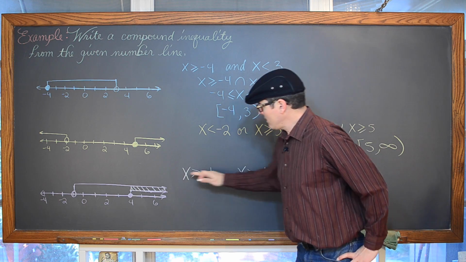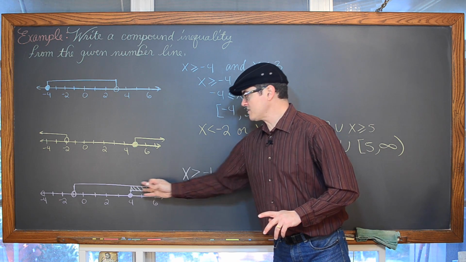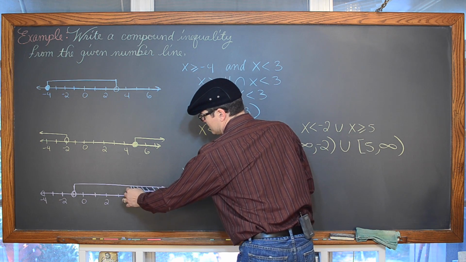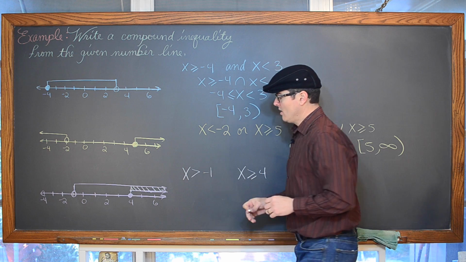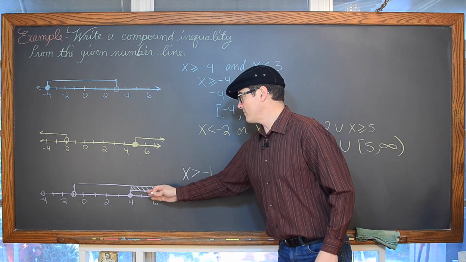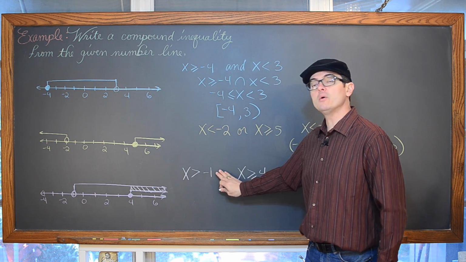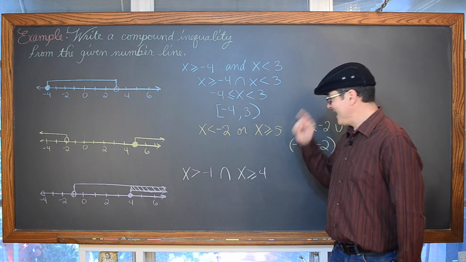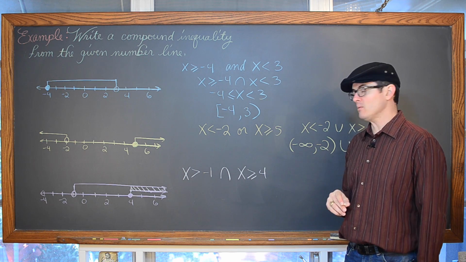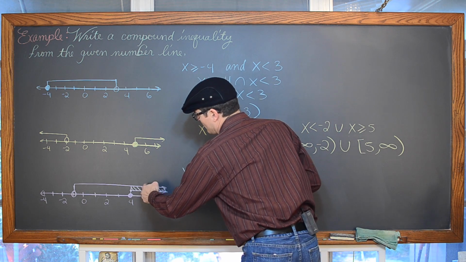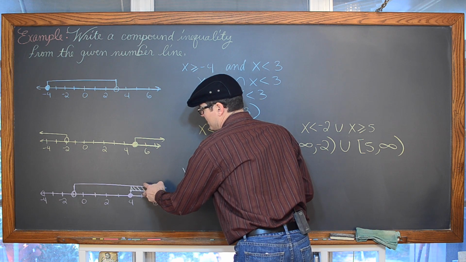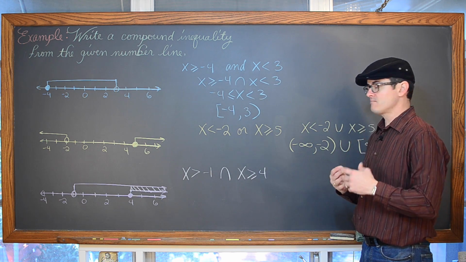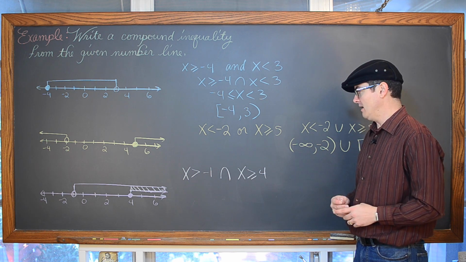And if I want to write an inequality that's highlighting just the overlap area, where the only real solution is from 4 on, then we're talking about values that are satisfying both of these inequalities. And you can write that as and. x is greater than negative 1, and it has to be greater than or equal to 4. Well, and means, again, we have to be satisfying both inequalities, both conditions, and this is the portion of the shading that is appropriate for that inequality.